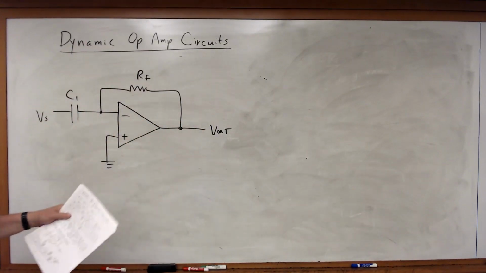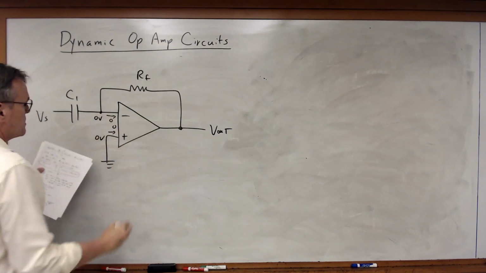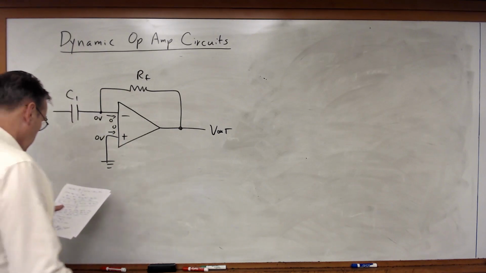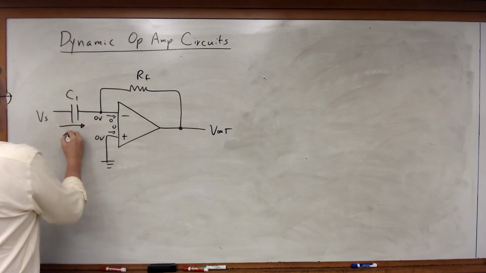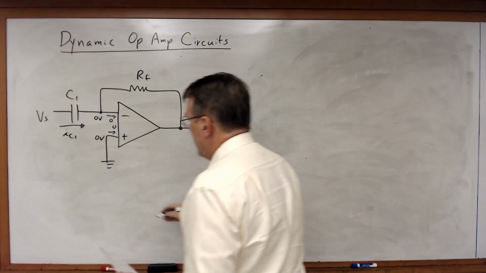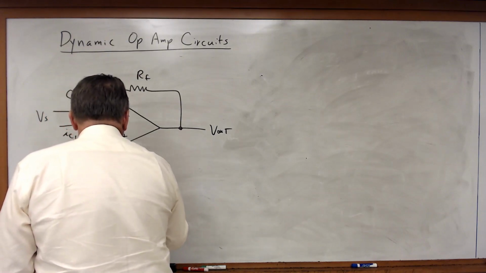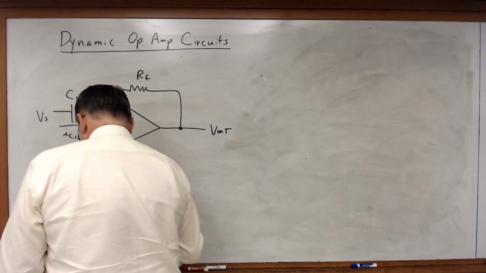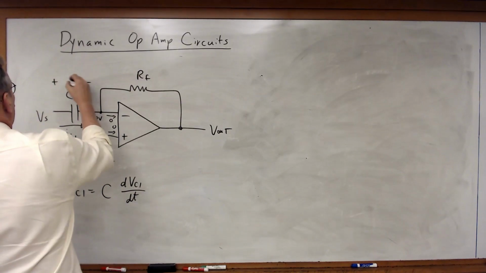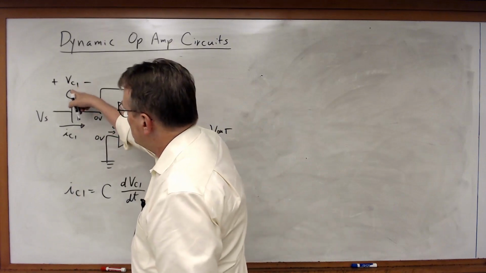Once again, I'm going to apply the three rules. Input currents are equal to 0. I've got 0 volts on both inputs because the non-inverting input's grounded, so there's my virtual ground. And in this case, this current is IC1, and IC1 is equal to C1 times dVC1 dt,